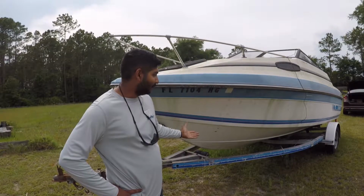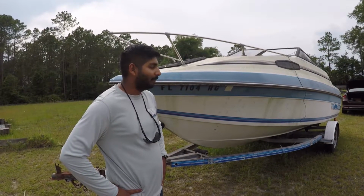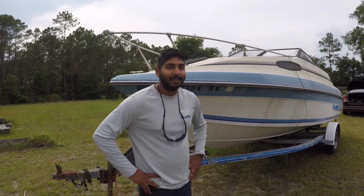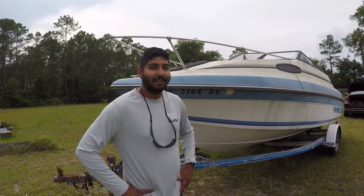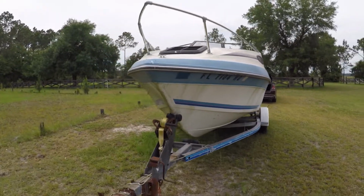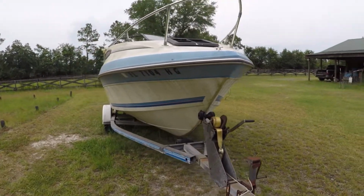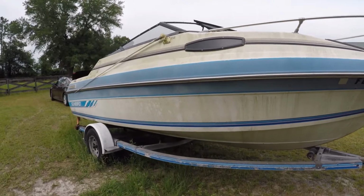Trailer is in pretty decent shape. I've got new tires all the way around it, and the floor was redone about 2 years ago, so it's starting to show a little bit of age from it sitting for so long. So I have a couple things to do to fix it, but I'm going to give you a quick tour of the boat and kind of explain what we're going to be doing with it here in the next couple weeks. It's a 19 foot, it's 19.8 foot, something like that, but it's a Sunbird Corsica 198,